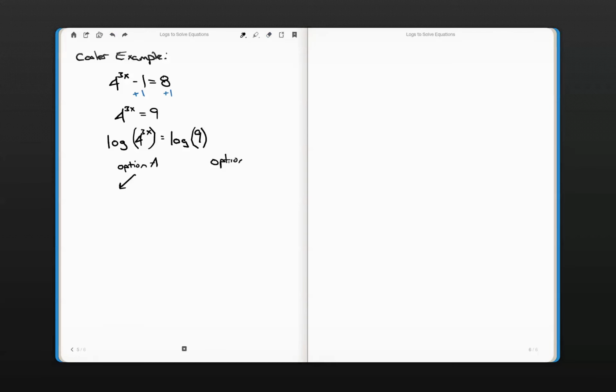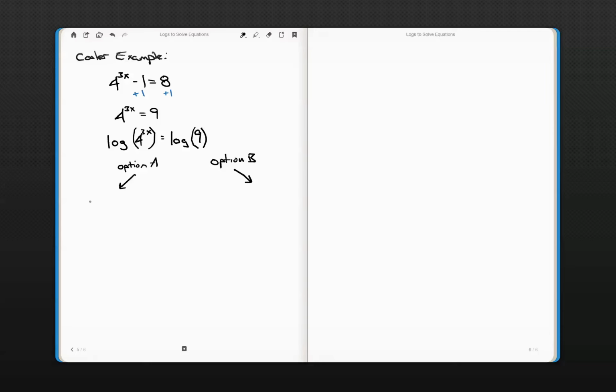Option B is over here, and that's going to go this way. All right, option A. I'm going to take the log of both sides, and I'm going to just say that